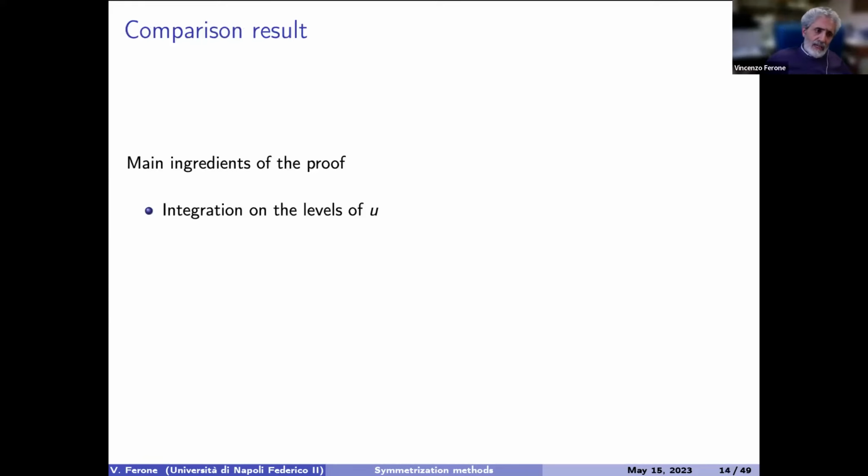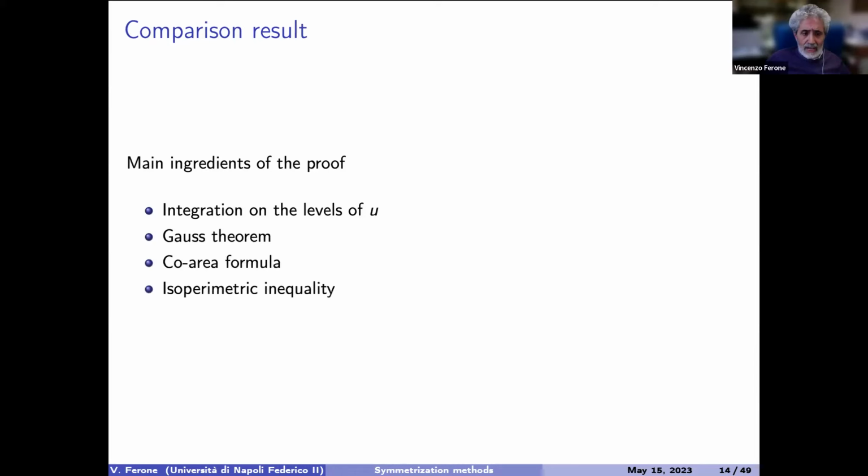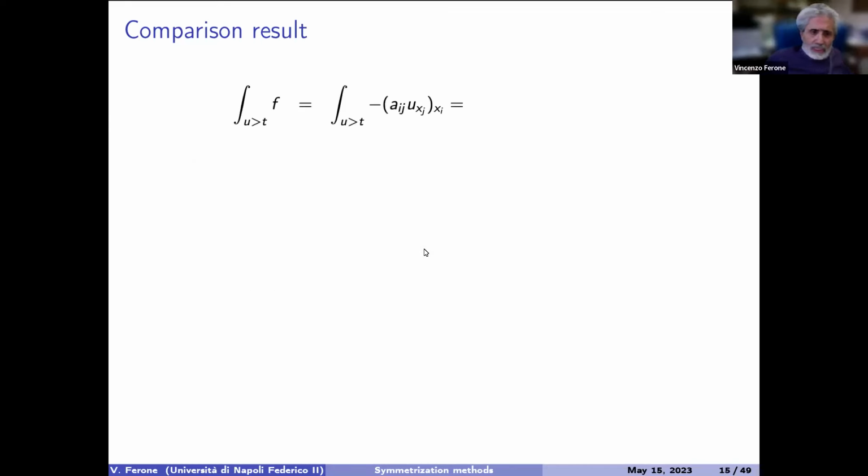So which are the main ingredients of the proof, especially those contained in the paper by Talenti? First of all, we integrate on the level sets of u, then use Gauss theorem, the co-area formula, the isoperimetric inequality, and the properties of rearrangements. So very quickly, let's see what are the main points. We integrate the equation on the set where u is greater than t. We integrate f. Then we integrate the